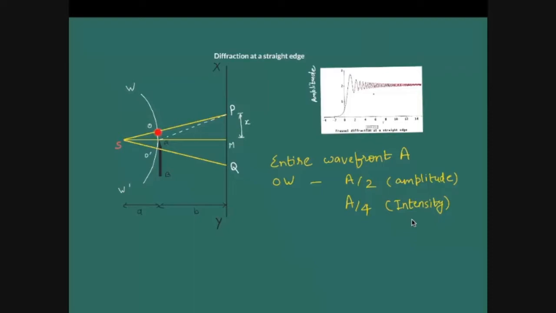So if O to A is containing odd number of zones, the point would become bright. If O to A is even, point would be dark. So here you will be considering the path difference. So obviously AP is longer as compared to OP. So at this point the path difference is AP minus OP. So if that is odd multiple of lambda by 2 or even multiple of lambda by 2, that way you consider. So as the distance will keep on changing, similarly the path difference will also change.